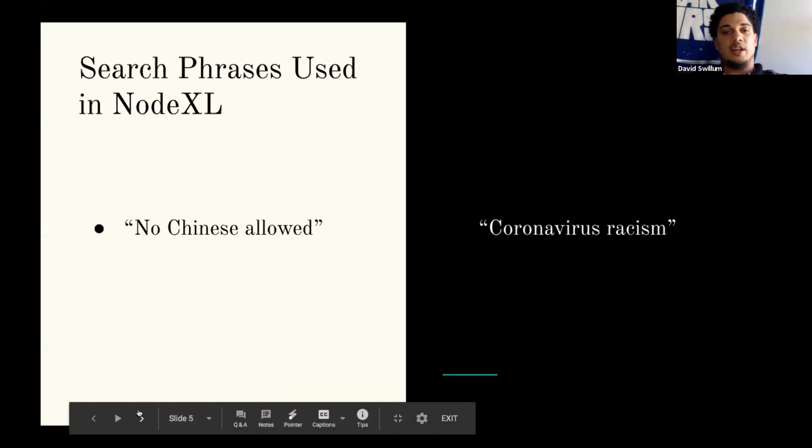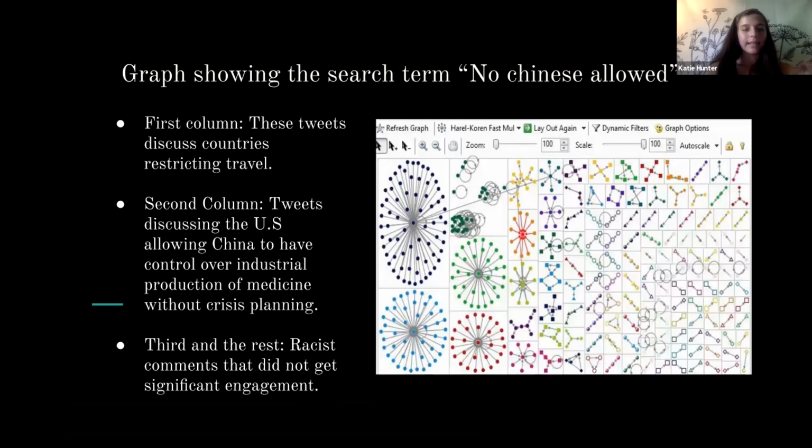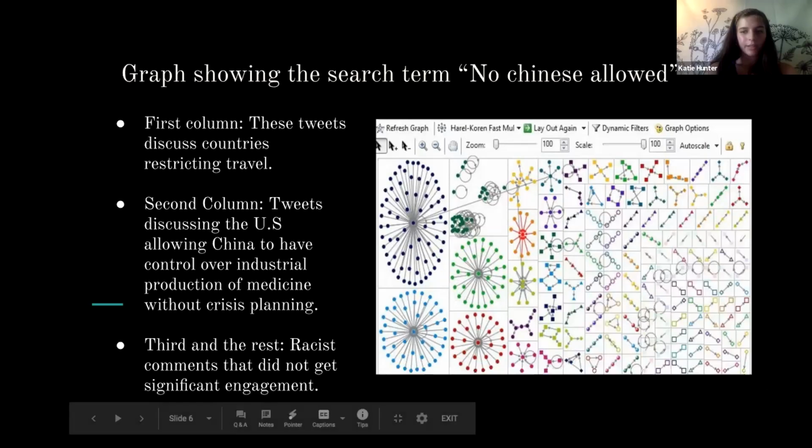So here's Katie on just some more about the graphs. We can talk more about actually getting into the graphs in our breakout room, but we're just kind of going to show some of the